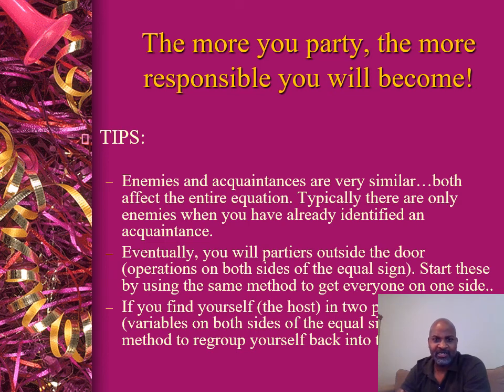Eventually, you will have partiers outside the door, operations on both sides of the equal sign. Start by using the same method to get everybody inside or on one side. If you find yourself the host in 2 places, then regroup so that you're on one side. Like if there's an x on the right and an x on the left, you want to get all those x's together on one side, and then you can apply the party method. Okay, so I'm hoping